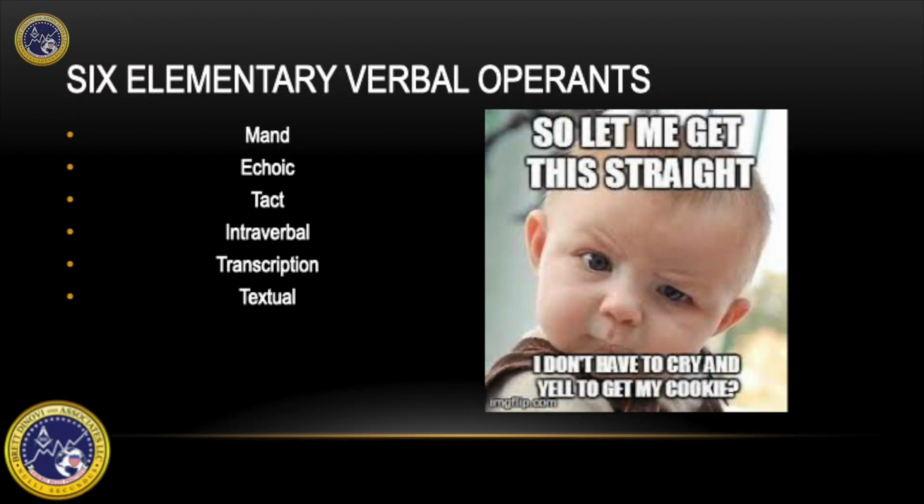The last thing I really want to talk about regarding verbal behavior is the 6 elementary verbal operants. Now, these are words that Skinner had come up with himself to really distinguish from what was going on at the time. Like I mentioned, Chomsky and Piaget. Skinner changed some of the words that they were using so there wasn't any confusion between what he was trying to say and what the current culture at the time was using regarding the learning of language.